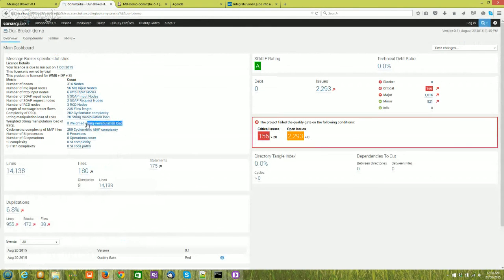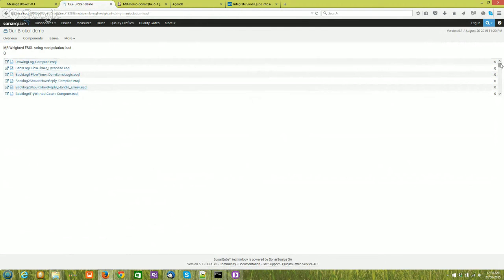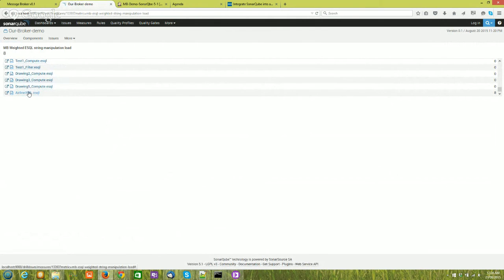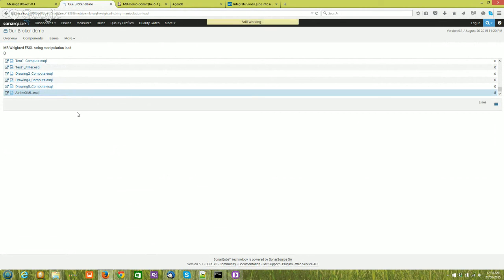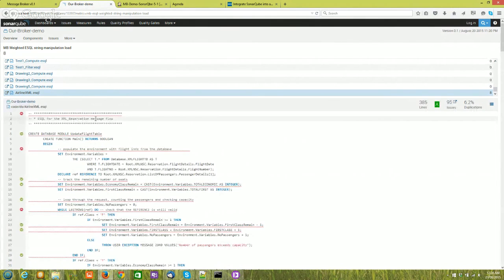Now, weighted string manipulation load is related, but it looks not so much at individual string functions. What it tries to do is give you a higher weighting for string manipulation that's going to occur in an iteration. So it gives you a higher score for the weighted load by the depth that the particular function is within the code. So in this case here,